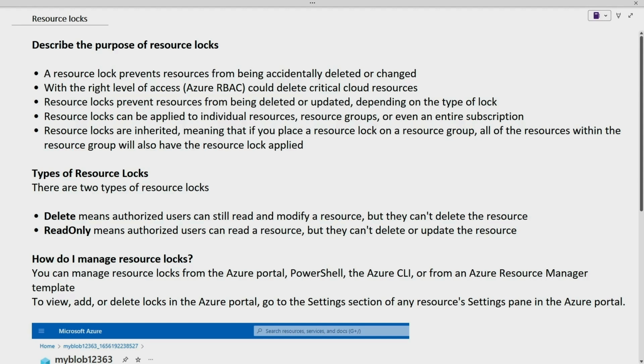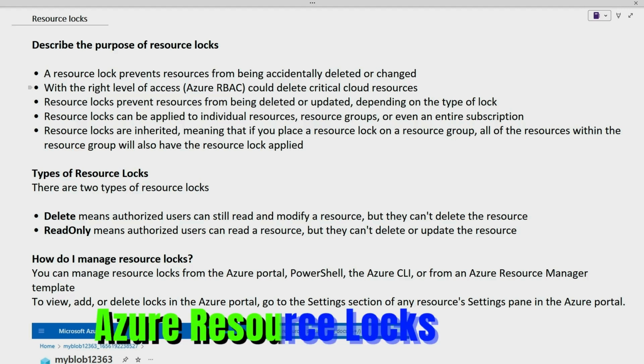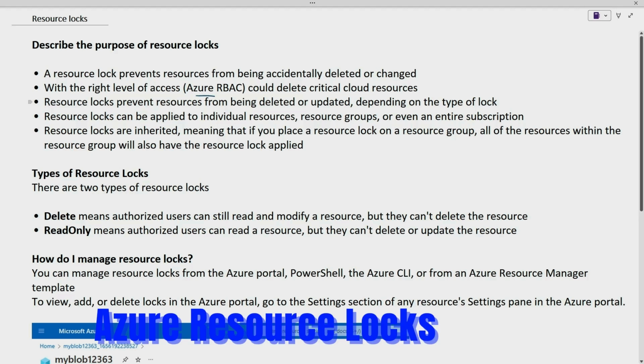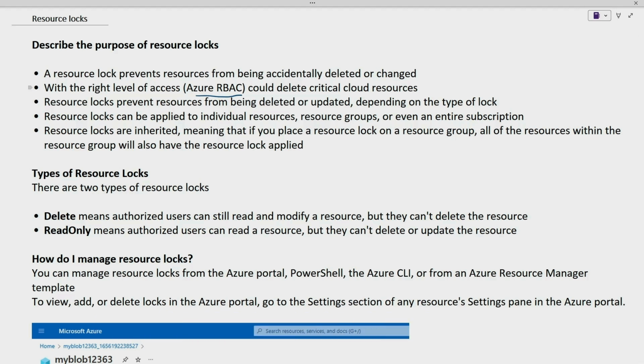Hello everyone. In this topic, we'll discuss resource lock. A resource lock prevents resources from being accidentally deleted or changed. With the right level of access, Azure RBAC, which is role-based access control, we'll be able to delete, because we have the privileges to delete any of the resources, and we can go on deleting the critical cloud